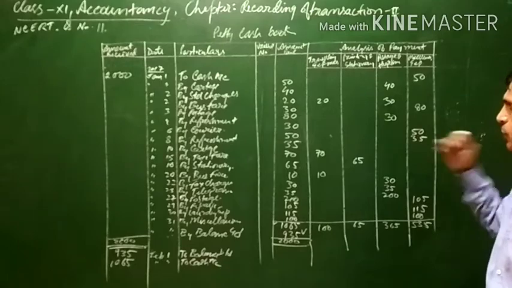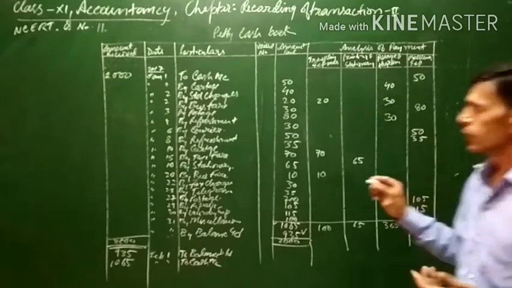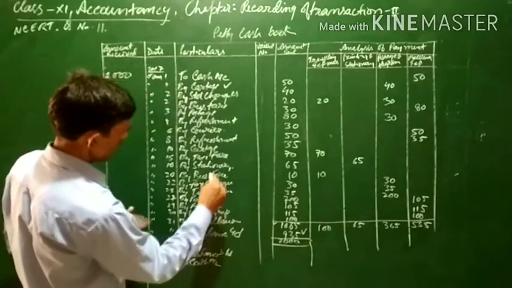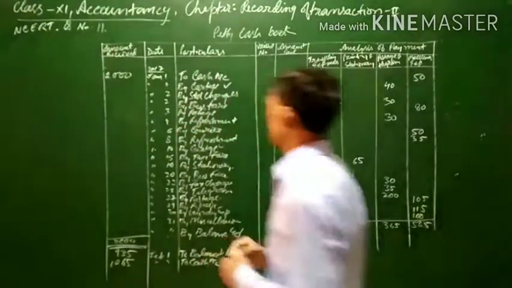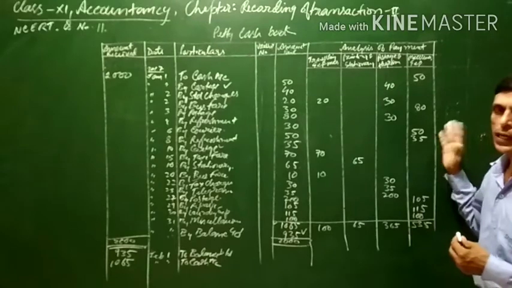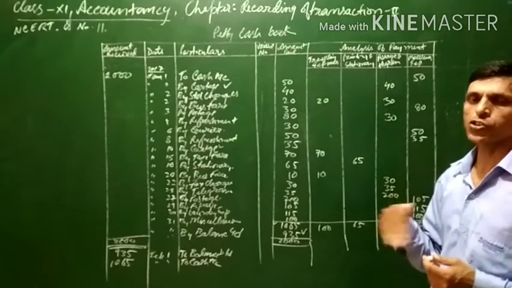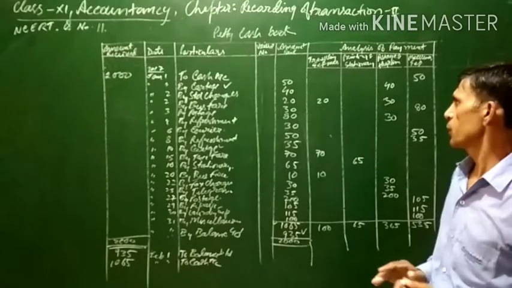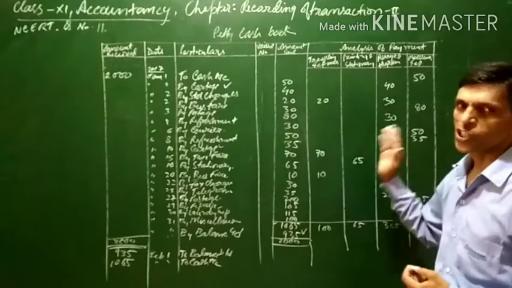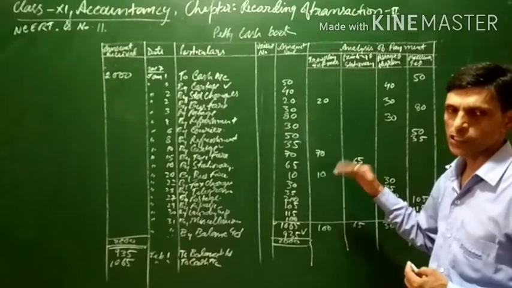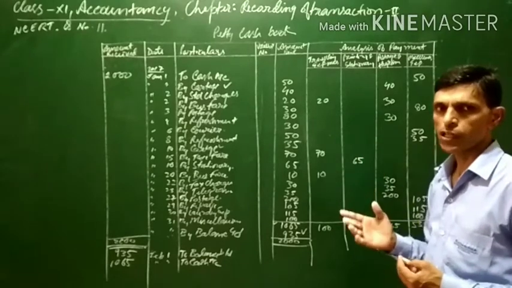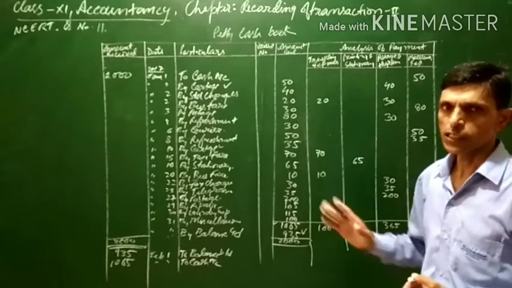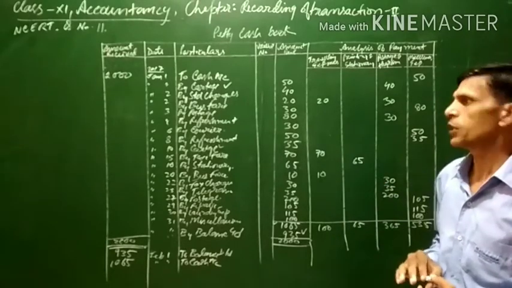For example, if some expenses are occurring again and again, like this cartage was there, again cartage here, two cartages there, then for cartage a separate column can be prepared. If any expense is occurring more than once, a separate column can be prepared for that. There is no hard and fast rule that only 4 or 5 columns should be there. It can be 6 or 7 columns. If the expenses are repeating in nature, then an additional column can also be added.